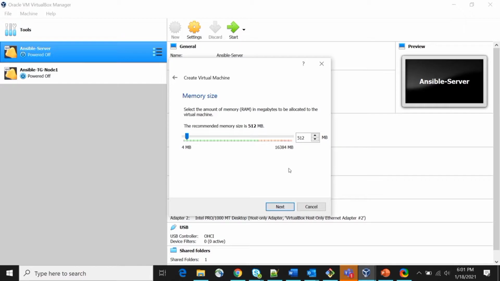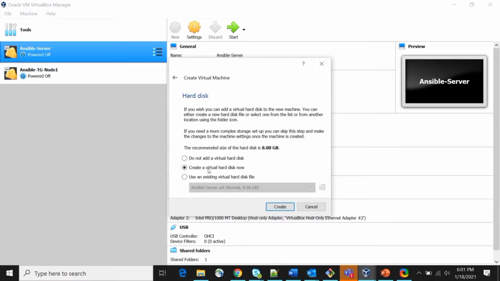And next, what will be the memory size, the RAM size of your system? So I am selecting 1 GB here. Then there is the hard disk creation, the hard disk for your virtual machine.